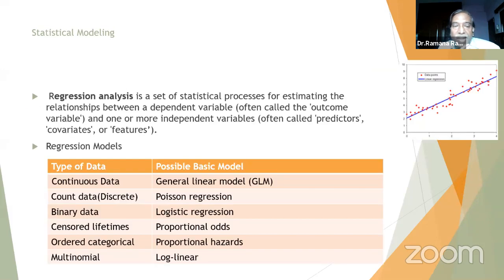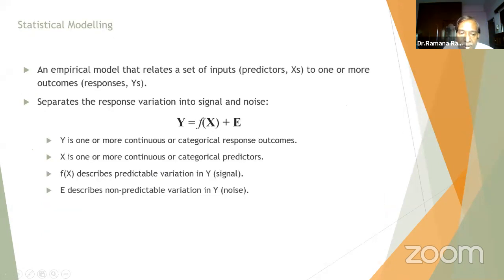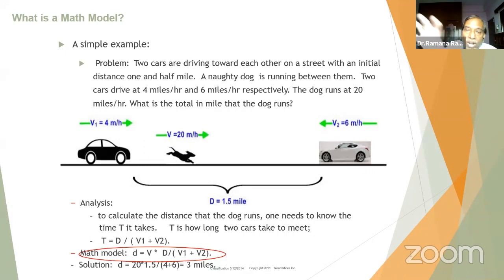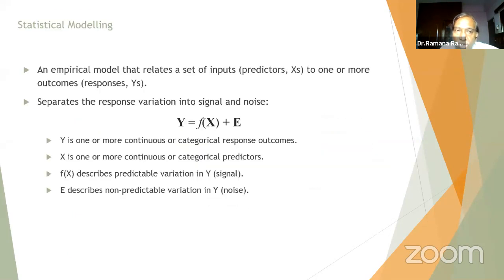So in statistical modeling, as I said, a lot of models are available. I mentioned earlier, this is one model, and like this there are several models. I did not mention it intentionally, because I started with the statistical model. So I have parked the mathematical model and am moving back to the statistical model. So what is a statistical model?